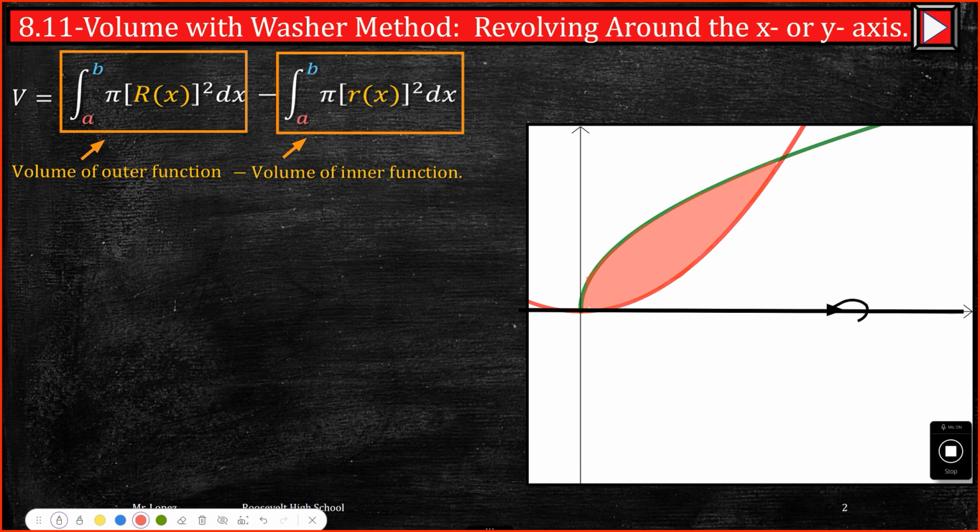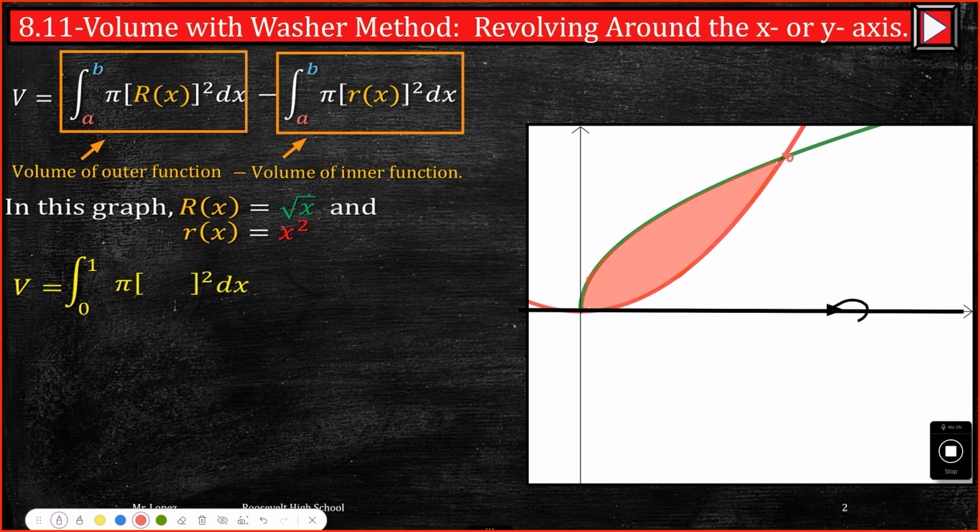In any case, just know that it is the volume of the outer function minus the volume of the inner function. In this graph, we have r of x, which is this square root function. The right one is the outer one, and the inside is the quadratic. The volume when we spin it around the x-axis, we will go from 0 to 1, since they intersect at x equals 1 and at 0 here. And then it is going to be pi times square root of x, the outer one,